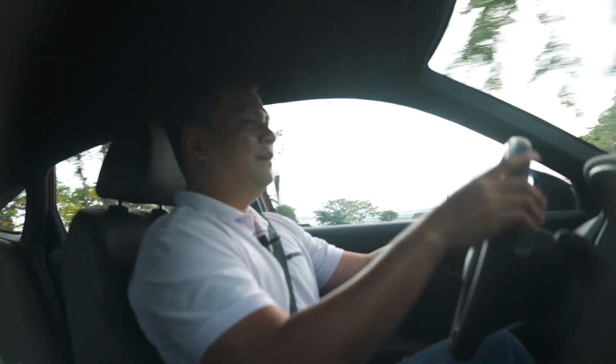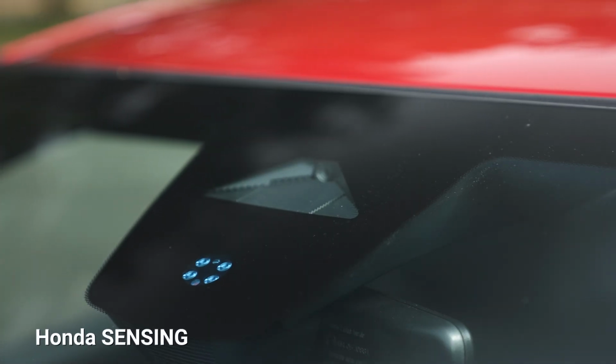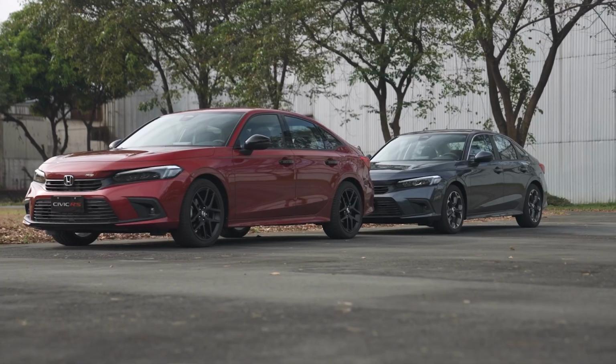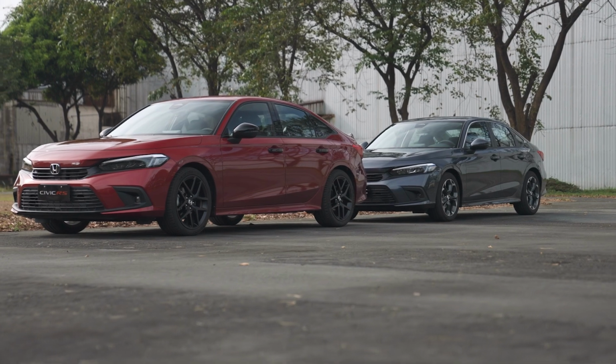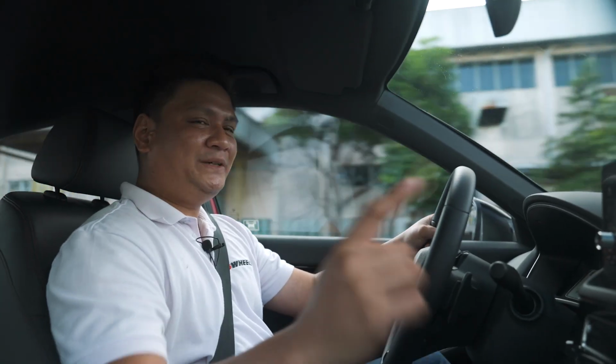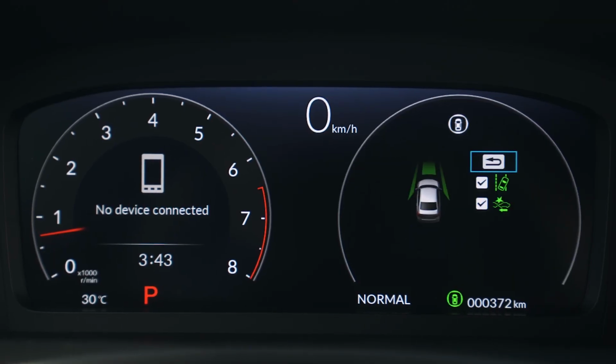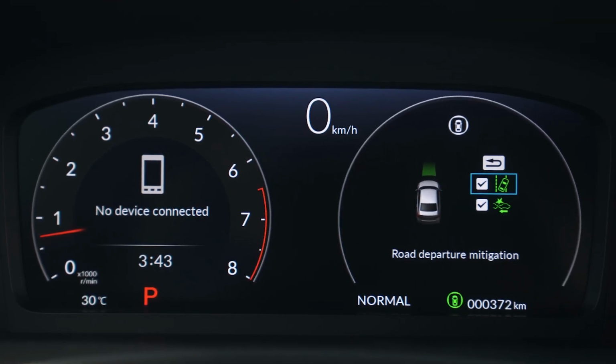this Honda Civic finally has Honda Sensing. And Honda Sensing is now available across the line. So even if you get the entry-level Honda Civic, it's no problem. You'll still be getting Honda Sensing, which is Honda's suite of active and passive safety features to keep you safe